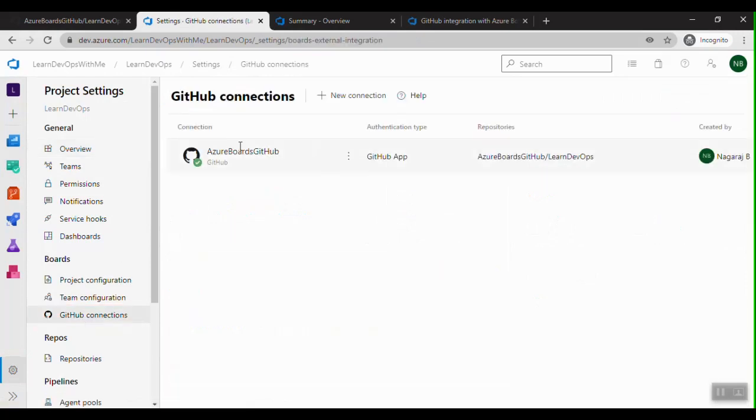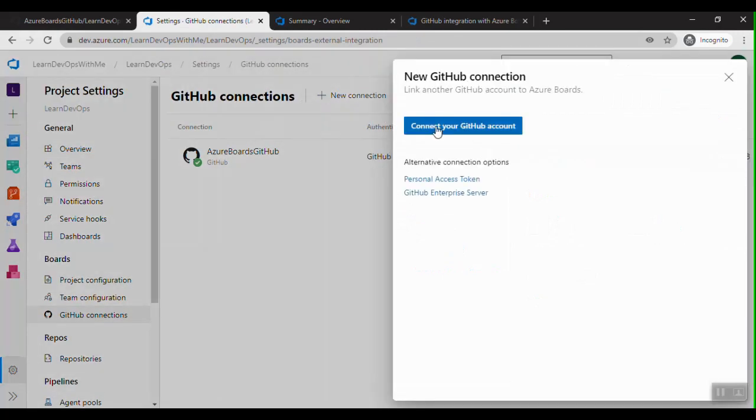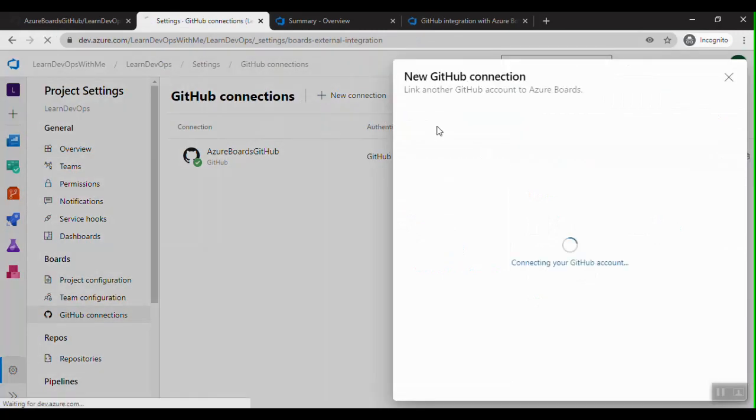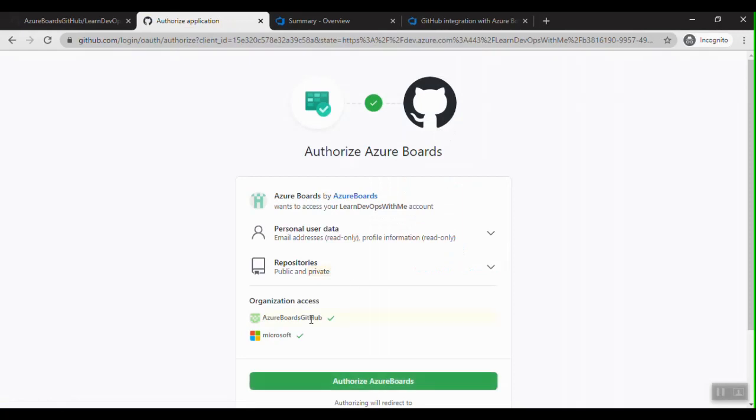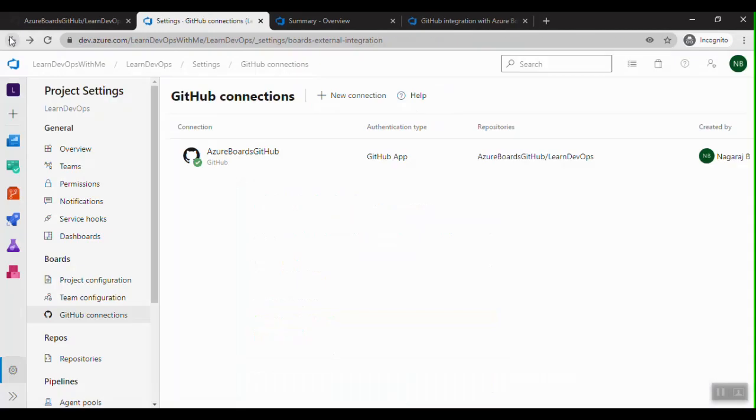You can see there's already a connection, but I can still click on new connection and say connect to your GitHub account. Then it will again give me all these details. Then click on authorize. Then I can follow the steps which will be similar to whatever we just saw through GitHub Marketplace. Okay, so we have set up the integration between GitHub repositories and Azure Boards now.